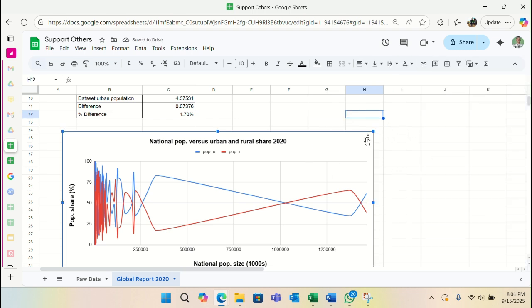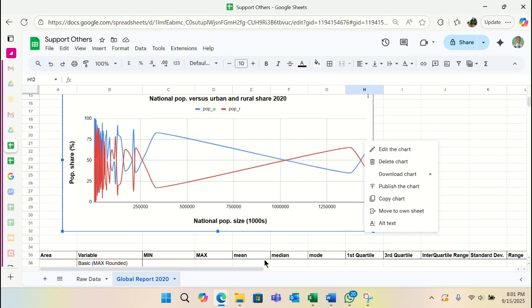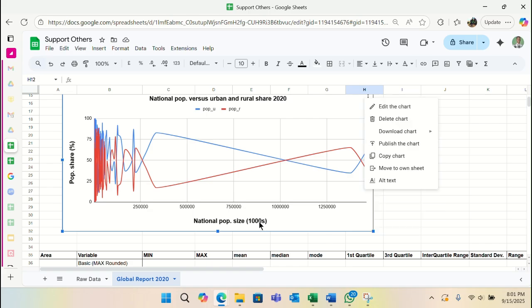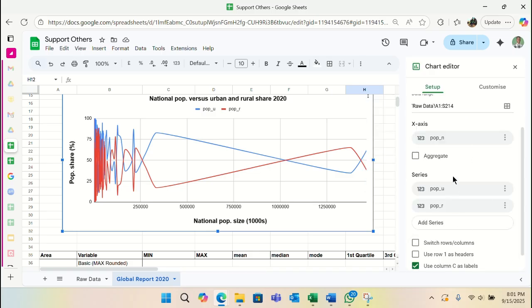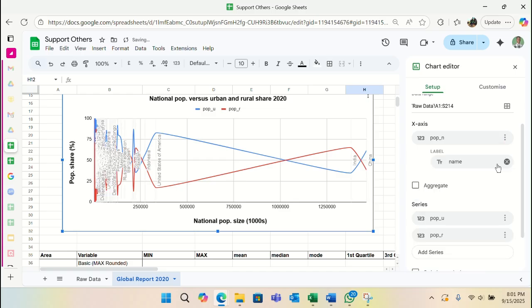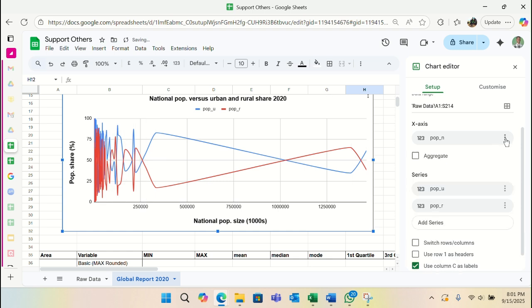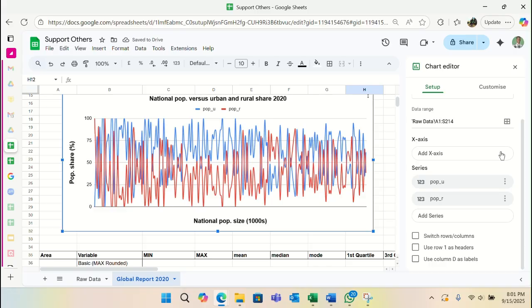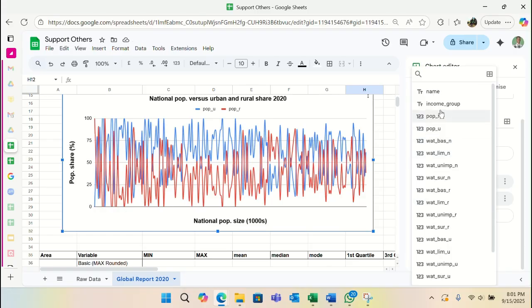Okay, so ALX wants us to replace this national population size in thousands. We have to replace it with the one which is in millions. So now edit the chart. So now here, this one you add, sorry, you remove it. Then if you remove it, you see something like this. Then you go back and click add. Then add. Then you look for